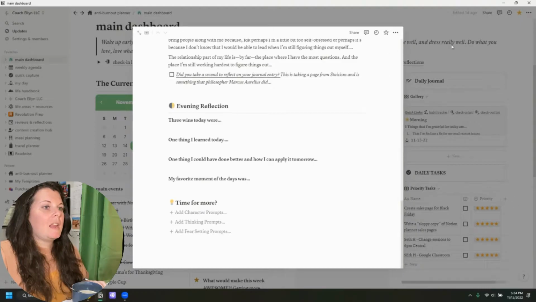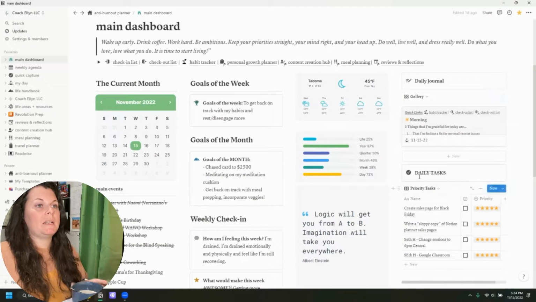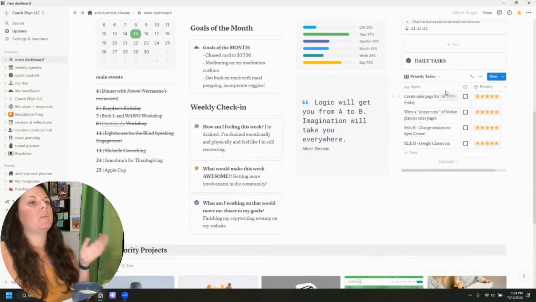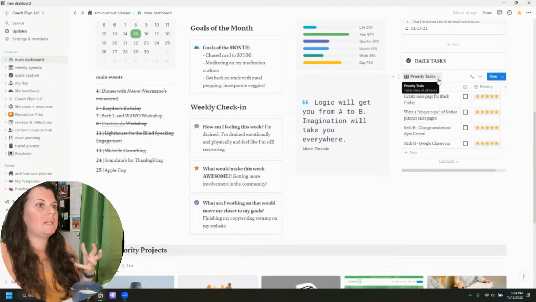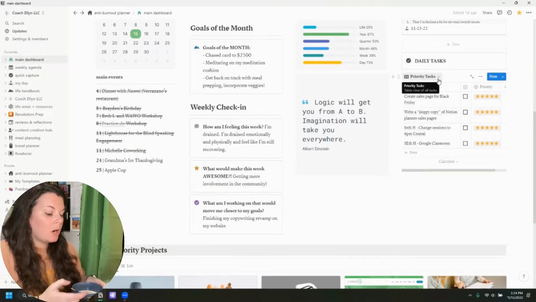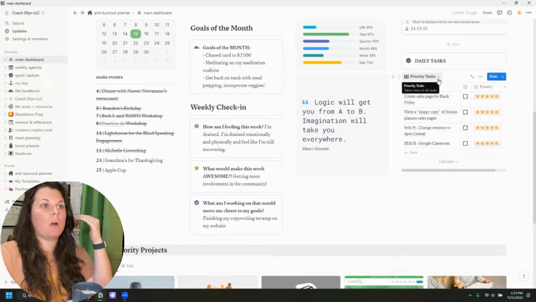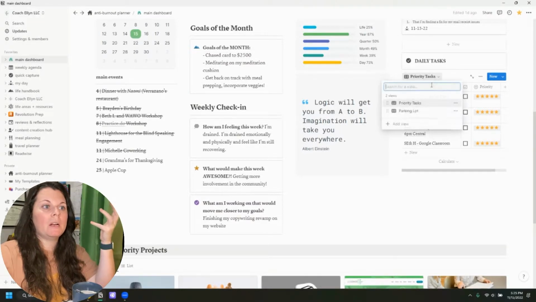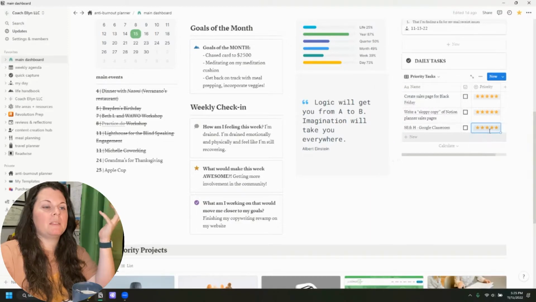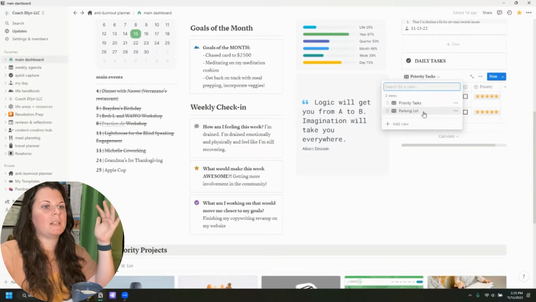And then down here is my daily tasks. Now I'm testing out something new with my daily tasks. I used to have all of my daily tasks, both my current tasks and any overdue tasks, all in one list. And I found more and more that it was a little bit overwhelming. So what I've changed it to recently is to have some of my priority tasks. Actually, these should not be in the priority tasks. Some of my priority tasks, and then what I call a parking lot, which is basically for all of the other tasks